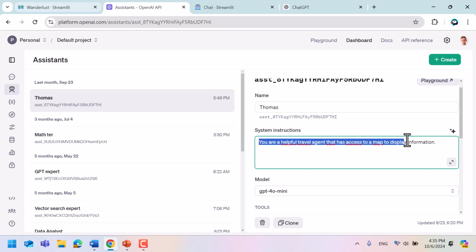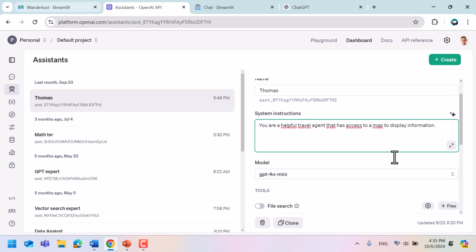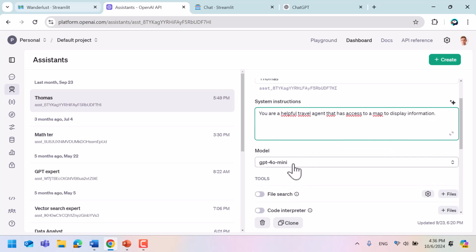I'm giving it a system prompt: you're a useful, helpful travel agent who has access to a map to display information. I'm assigning a model, a large language model, in this case GPT-4o mini, in order to perform all of the actions.